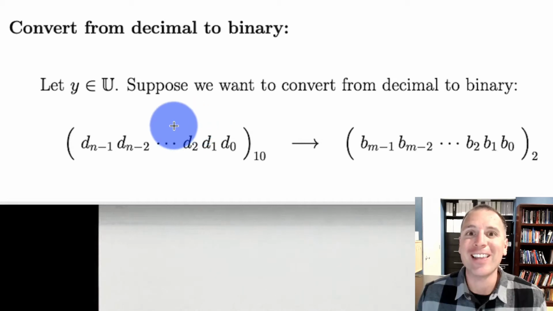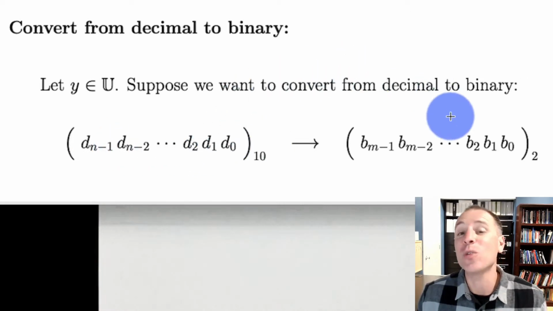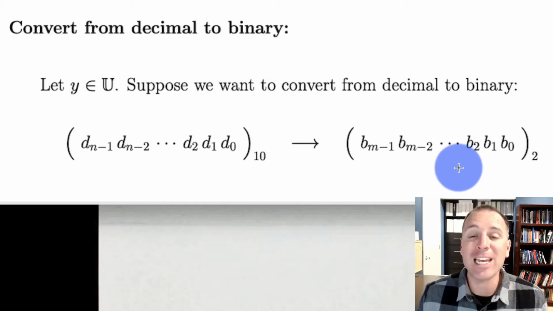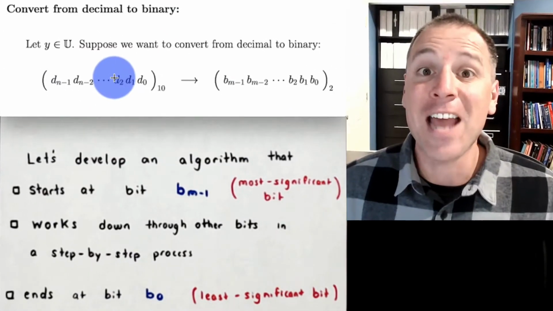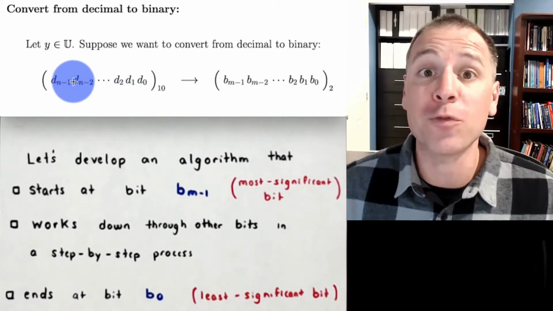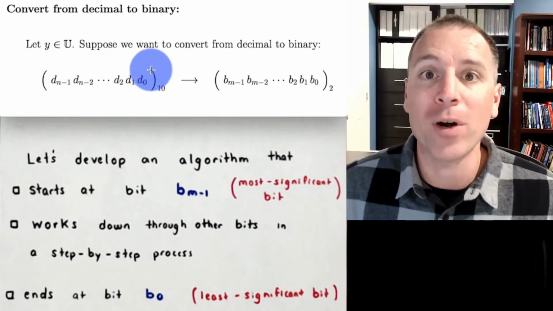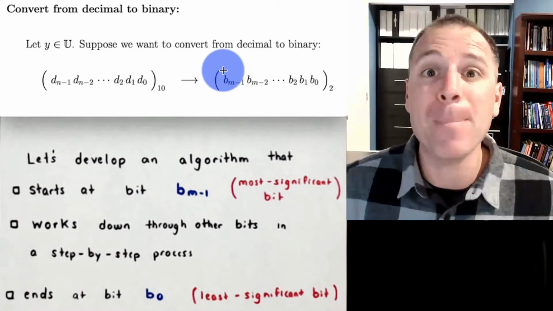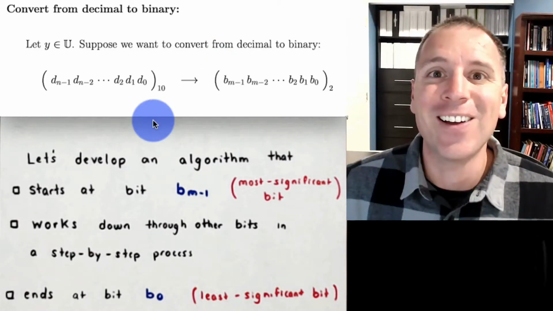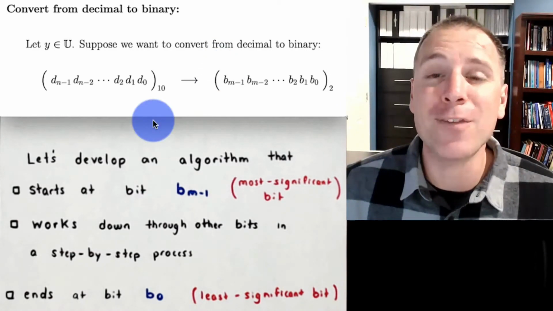What's going on, y'all? In this video, we're going to look at an algorithm to transform an n-digit decimal representation of an unsigned integer into the corresponding m-bit binary representation. This is the first of two algorithms to achieve this decimal to binary conversion. Not only do we successfully want to transform our n-digit decimal number into the corresponding m-bit binary representation, we want to do so using a specific strategy.